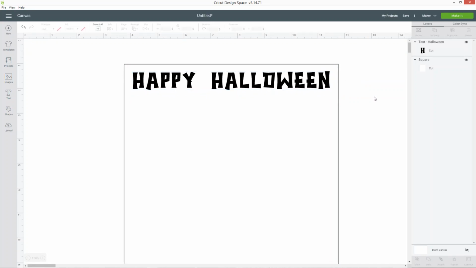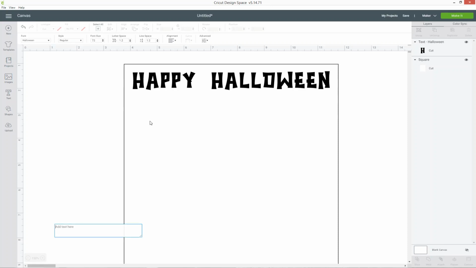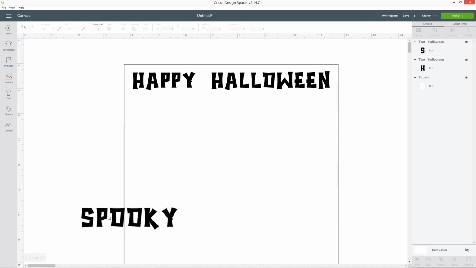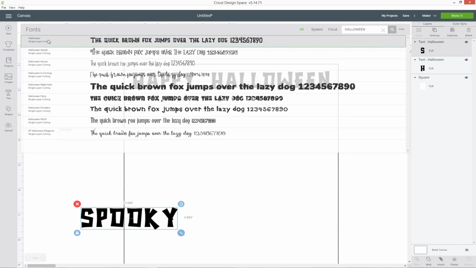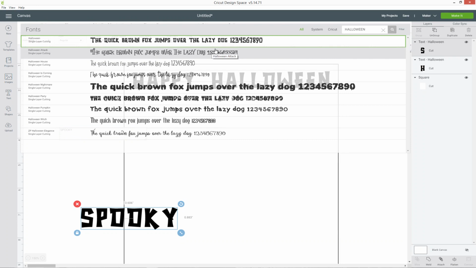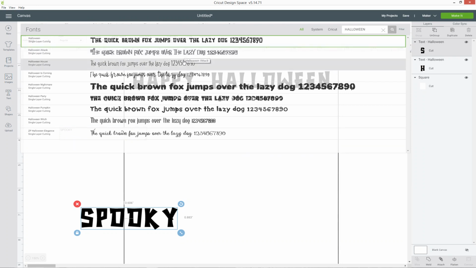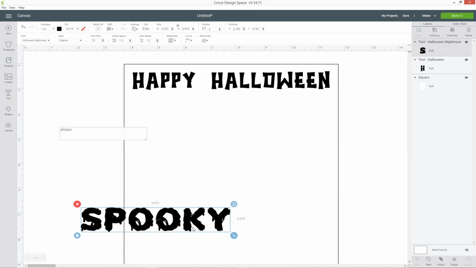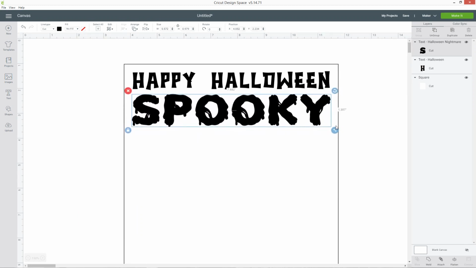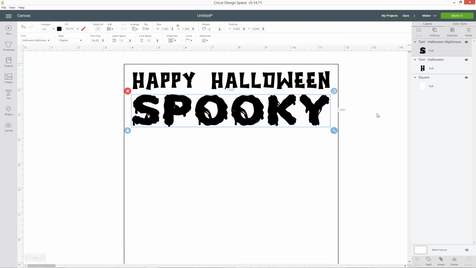At the moment, I'm not going to worry about colours. I'm going to just add all my words and phrases in first, and then have a little think about colours afterwards. So let's try another one. Spooky. And then by default, it will load in that same font again, but we want to use a different one. Go into there, and it's also remembered that I searched for Halloween, which is nice. So let's have a little look. What does that one look like? Spooky. There we go. That looks cool.